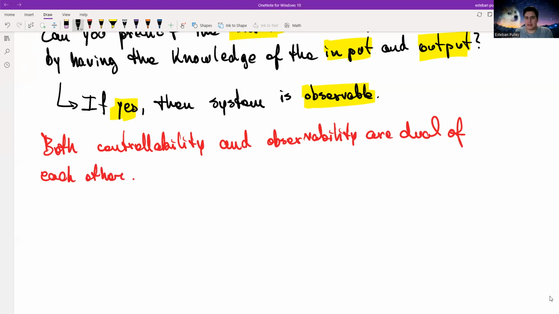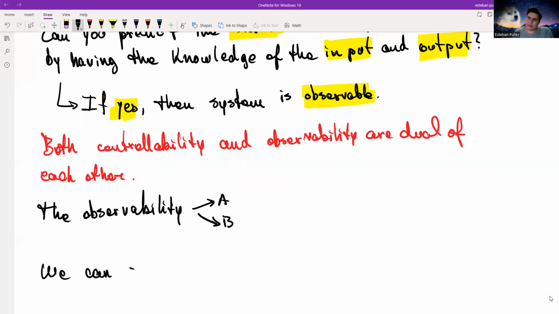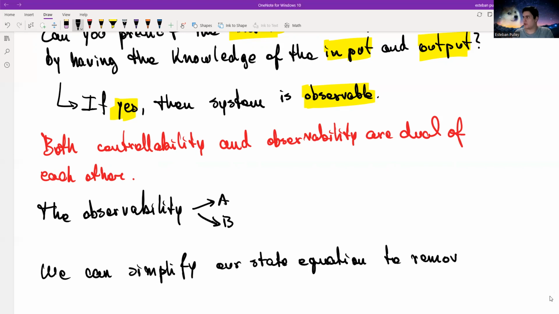Okay, besides, the observability is only dependent on the coefficient matrices A and C. So we can simplify our state equations to remove the input, the control. So to remove the input term,